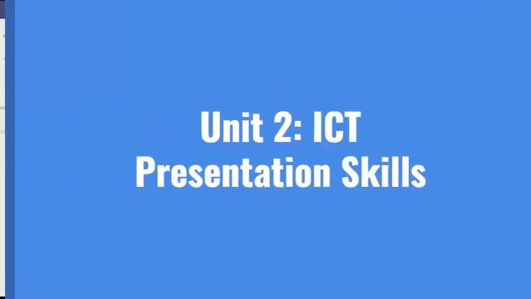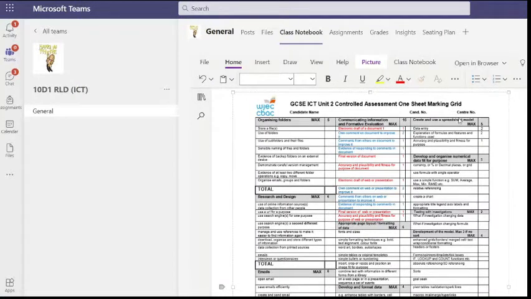So the first part that we're going to talk about here is for your control task for your communicating information, and it's split into two sections. One is a leaflet and the second is a presentation. Okay, so you can see here you get 16 marks for your first draft of your leaflet and your first